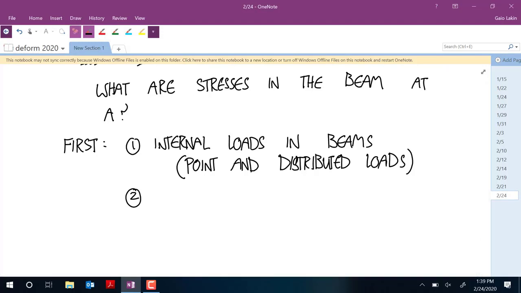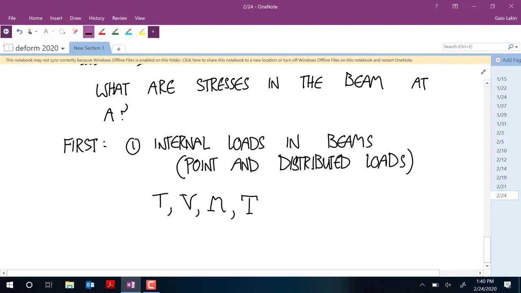You can think of those as the internal tension, T, the shear force, capital V, the bending moment, M, the internal torque that I'll do as like a fancy T,